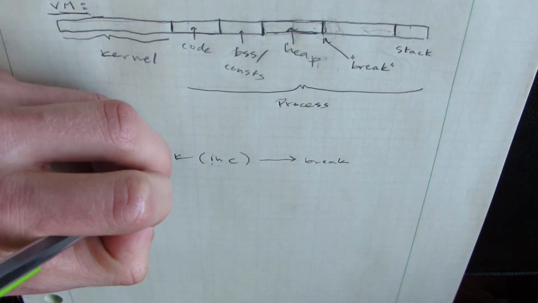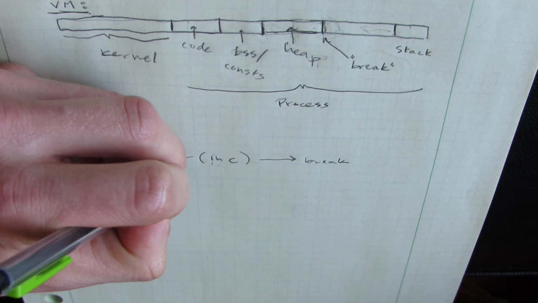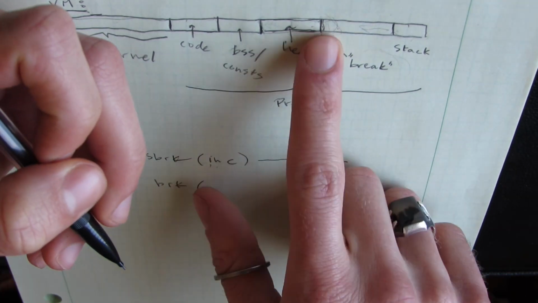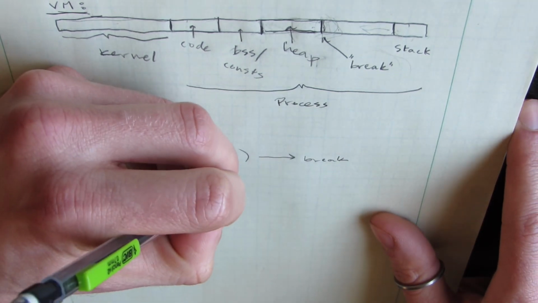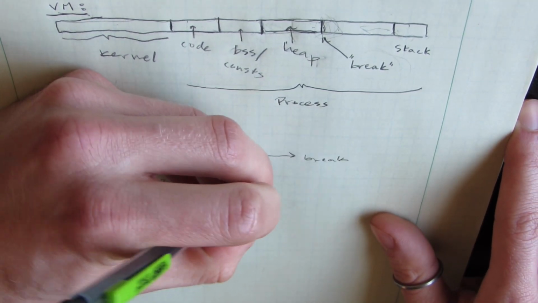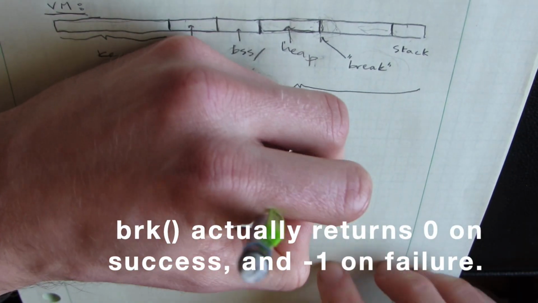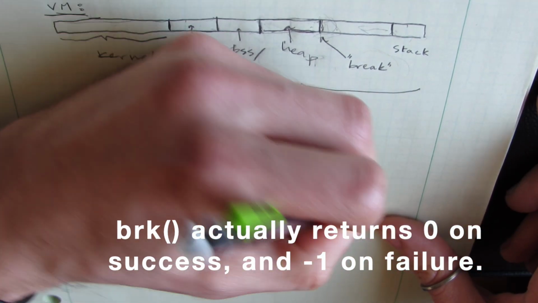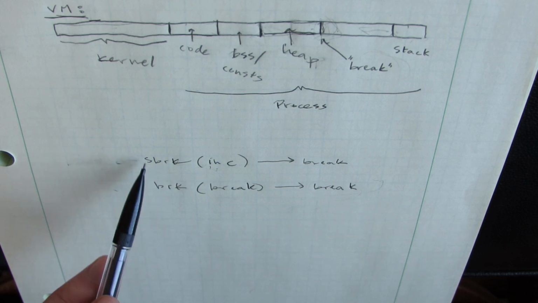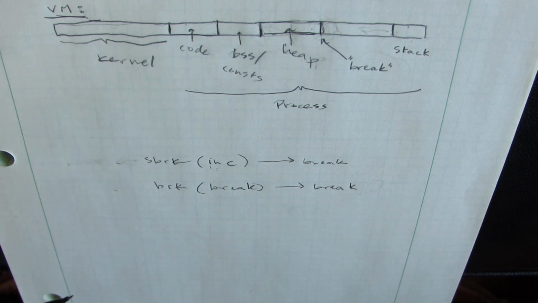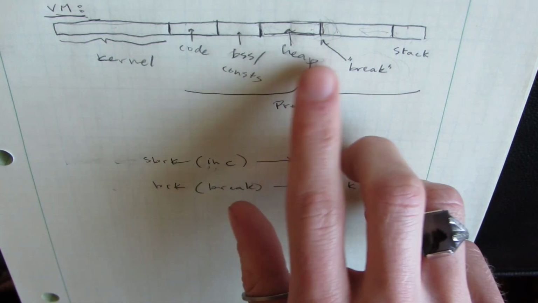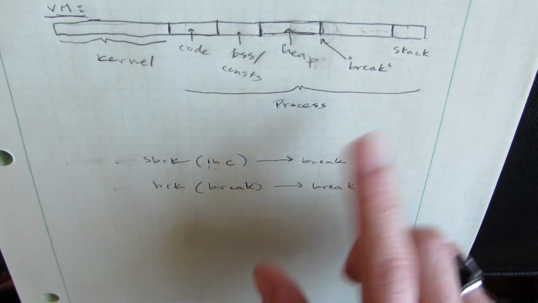And similarly, the brk system call, instead of taking an increment, it actually takes a new desired address for the break point. So it takes the break and it also returns the break. So you can imagine that these two system calls are similar enough that you can implement them with just a single helper function. And that helper function is entirely in charge of just moving this breakpoint around for a single